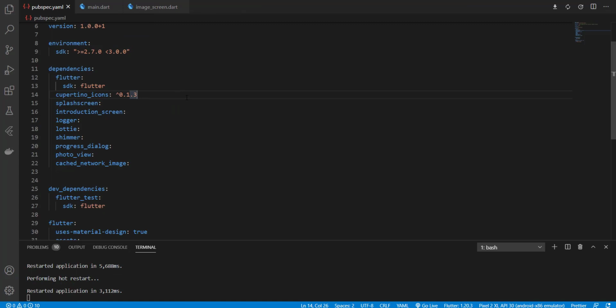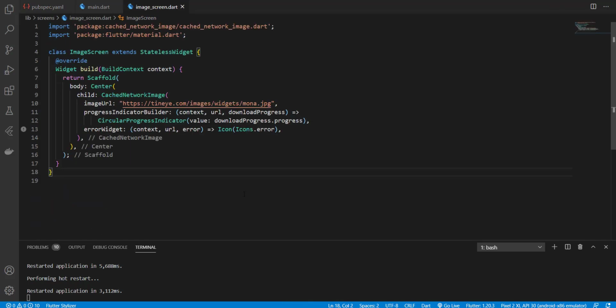And following the photo view package, we have another image package, which is cached network image. Cached network image is really important if you are dealing with apps which have lots of images coming from the internet, or normally any app has images coming from the internet. Cached network image helps the user download that image only once, and if it's downloaded, then it's not going to be retrieved again from the internet, but rather from the local storage of the device. And that helps the user have a faster and smoother user experience.